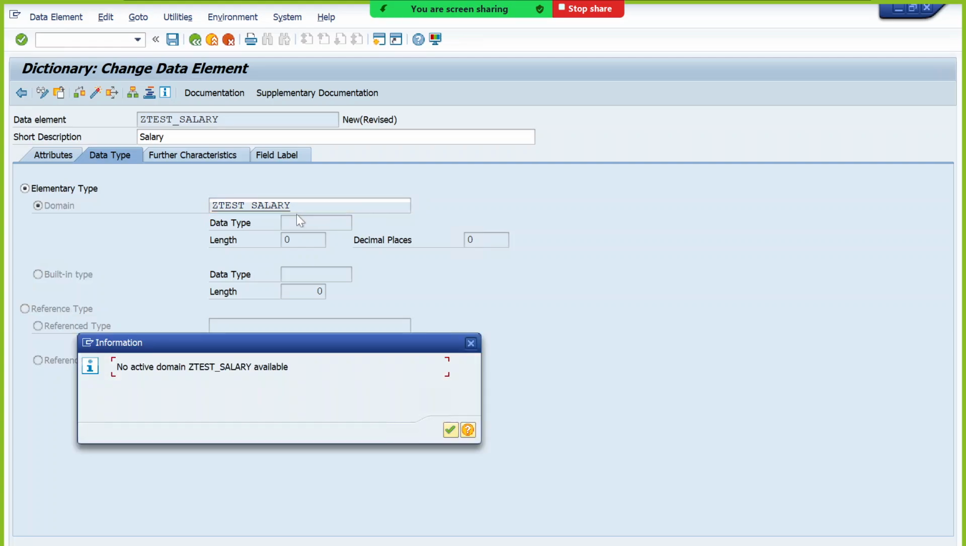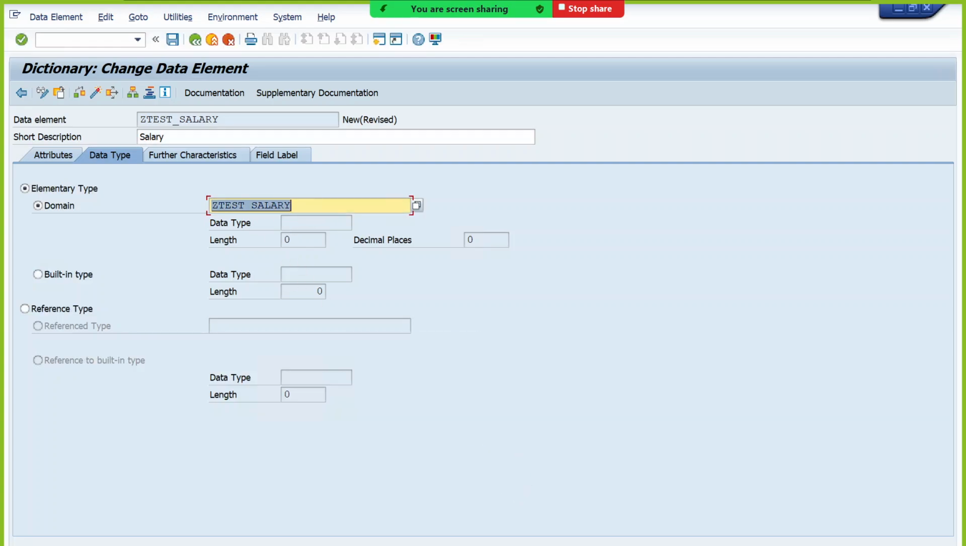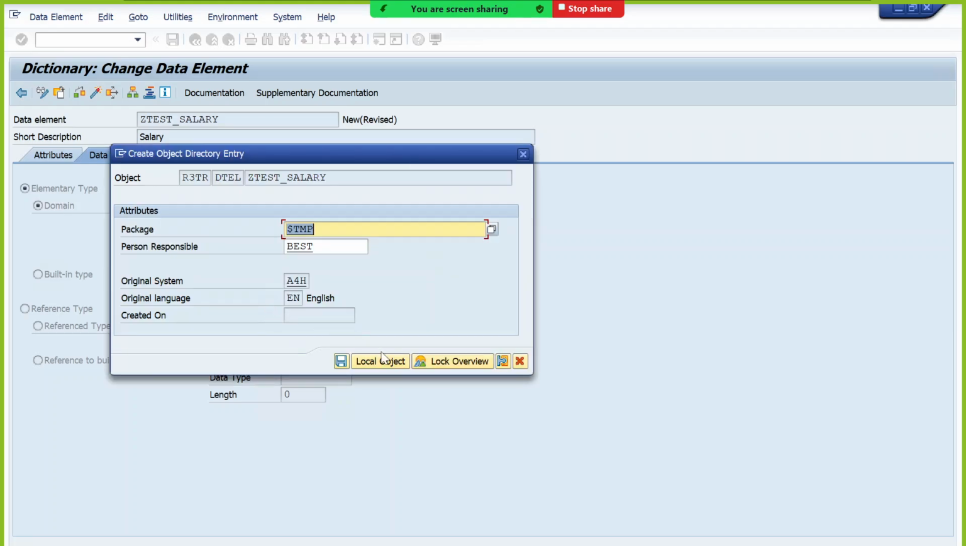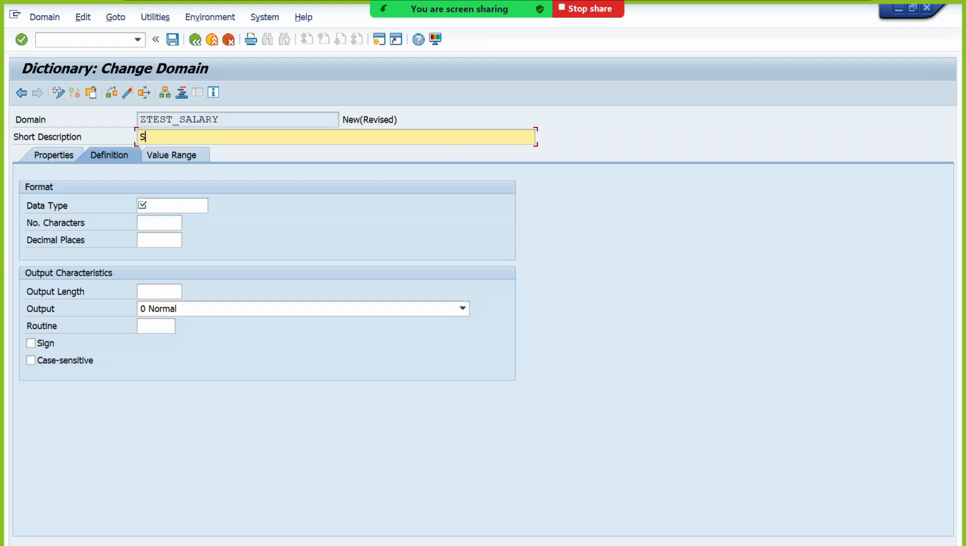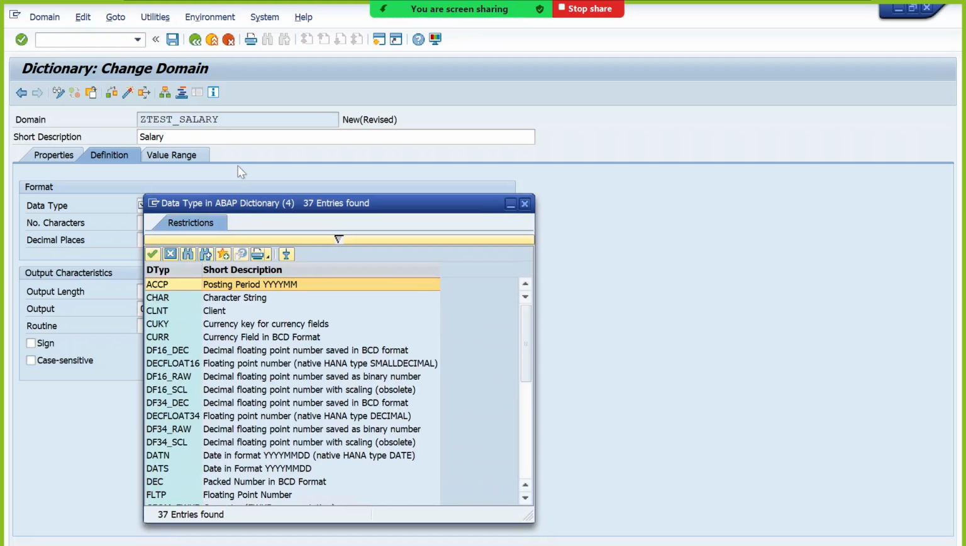Enter the domain name. Create the domain. What is the data type for salary? Num